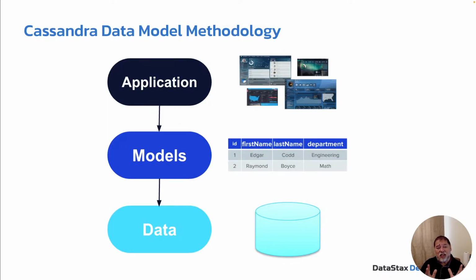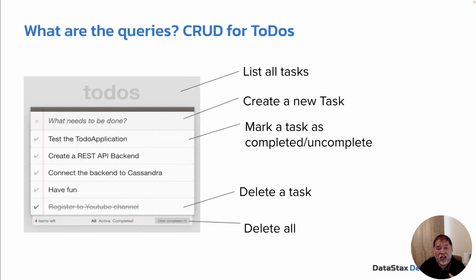A little bit about the data modeling in Cassandra. If you have an application and a data model that gets stored in the database, the queries for to-dos we want, our API already supports because we've tested it. You can list all the tasks, list a specific task, create a new task, mark a task as complete or incomplete, delete a task, delete all tasks. Those are the features that are part of this to-do MVC